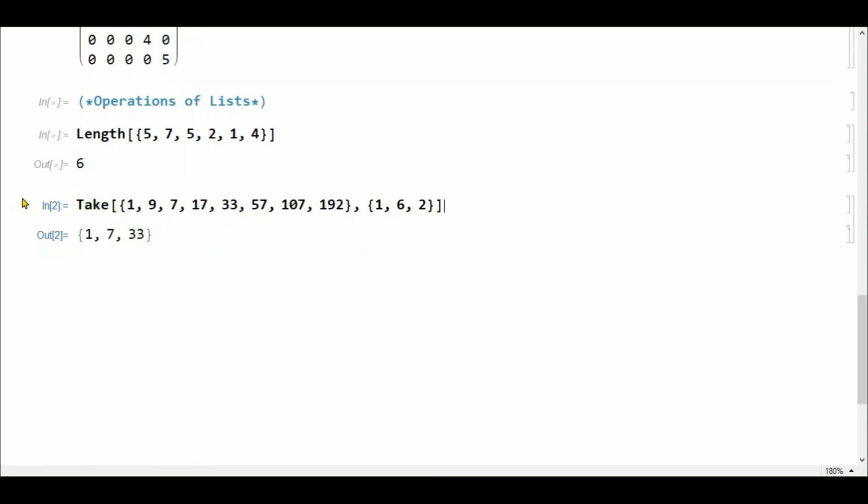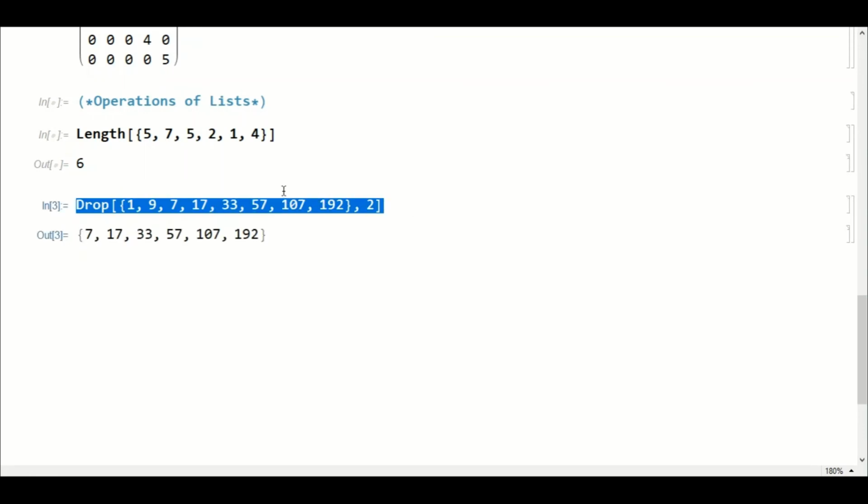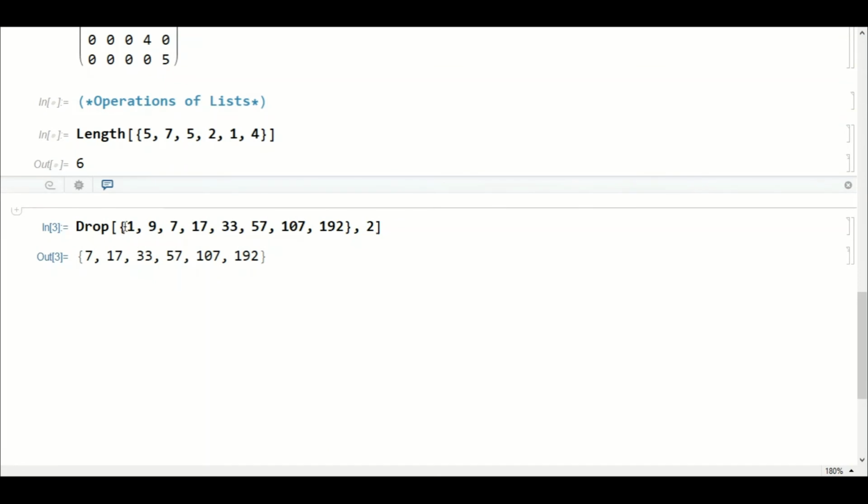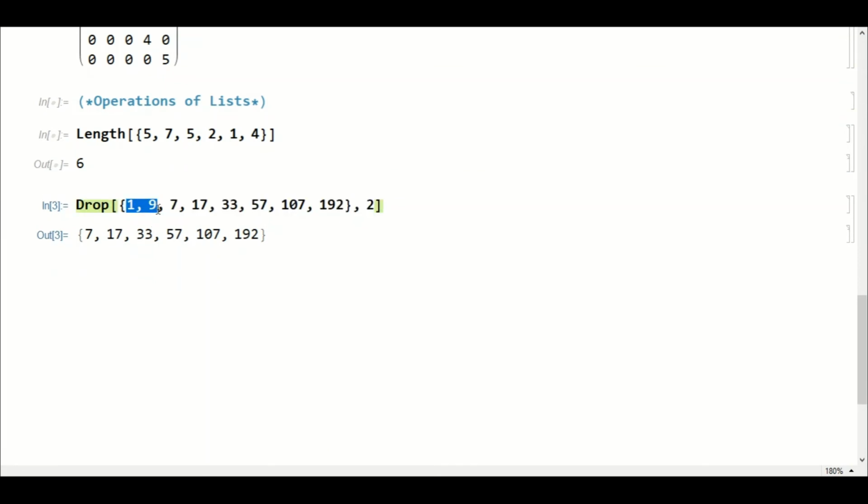Similar to take, there is another function which is drop. In drop, you can drop elements from a list. If I write drop and 2, you can see that the first 2 elements have been dropped from the list and the other elements are printed.